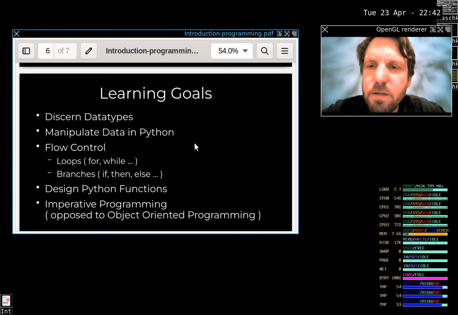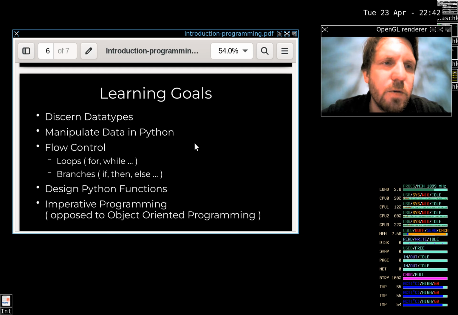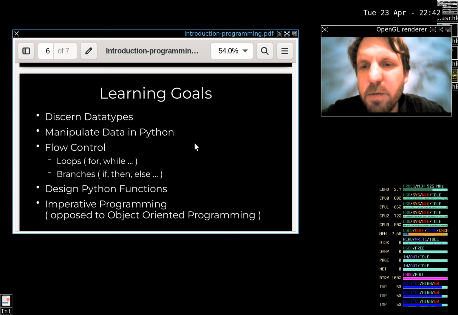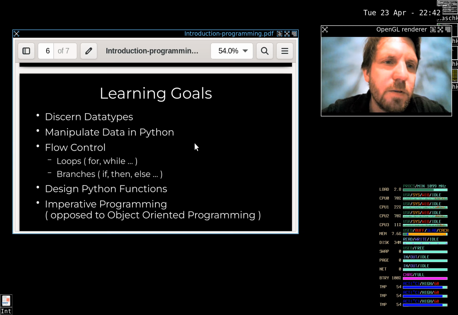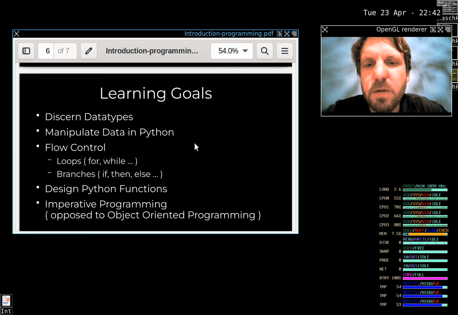We have then also how to design functions. So functions are basically code that you can call again and again. So it's like a mathematical function. You can imagine it a bit. And we will talk about imperative programming. So we won't talk about object-oriented programming, which you also can do with the Python language. But we will limit ourselves to imperative programming, which is basically all you need in order to use these machine learning libraries and in order to get your first machine learning programs run and in order to build your machine learning models.